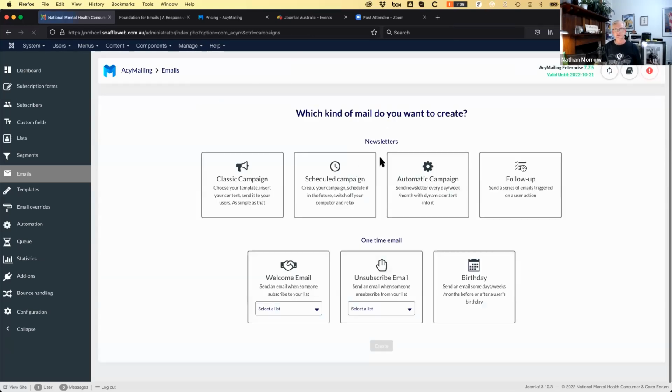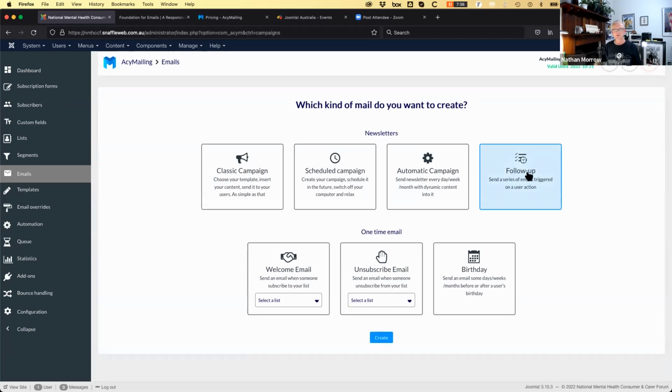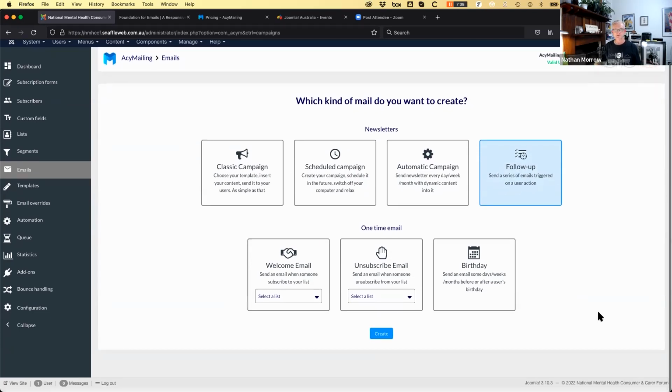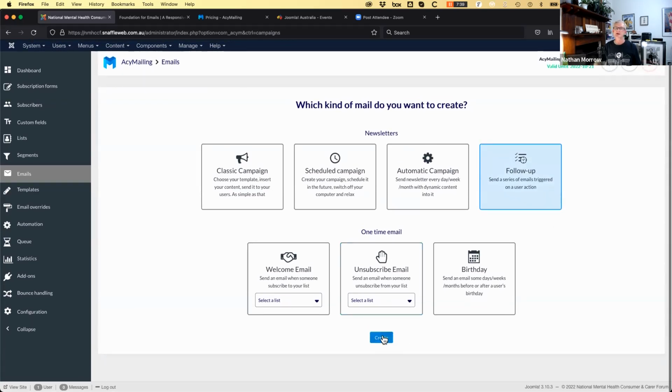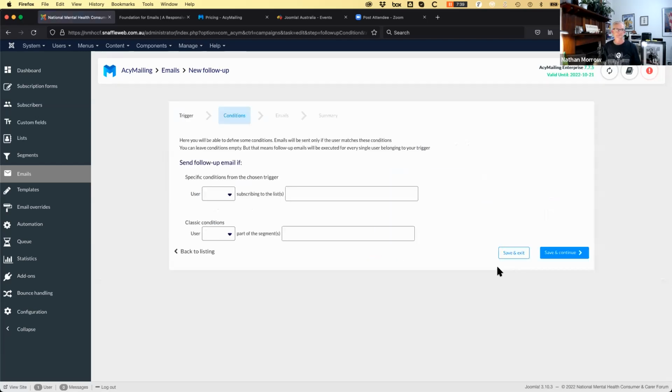So I'm going to start with that template we've been using. So I'm going to click follow-up. There are a few different kinds. This is probably another session if people are interested, but not for tonight. I'll click create. So this will be triggered when a new user subscribes. Get to select from your range of lists.